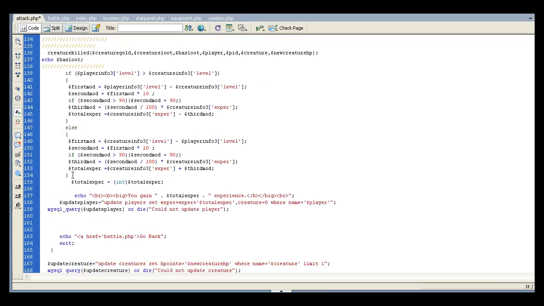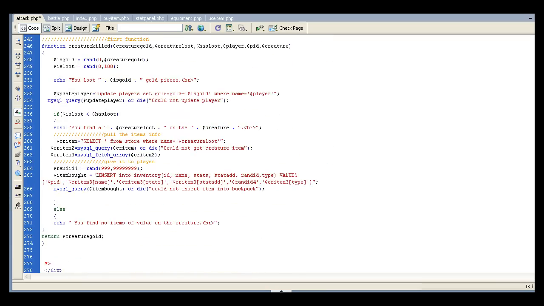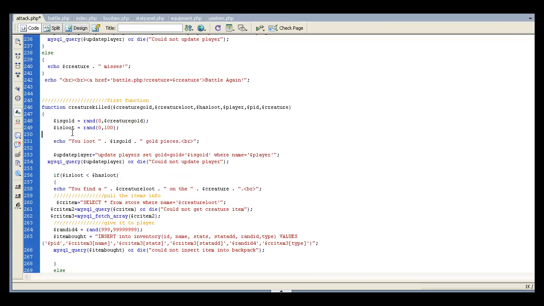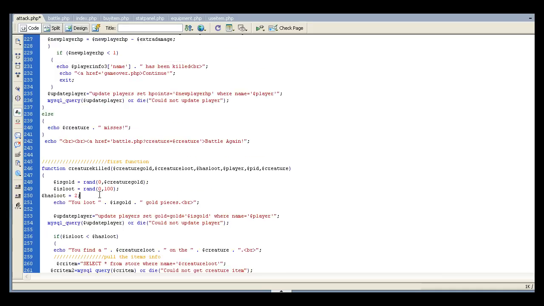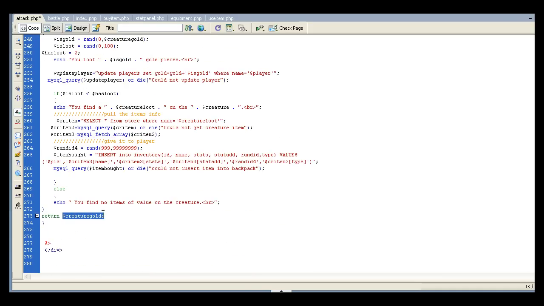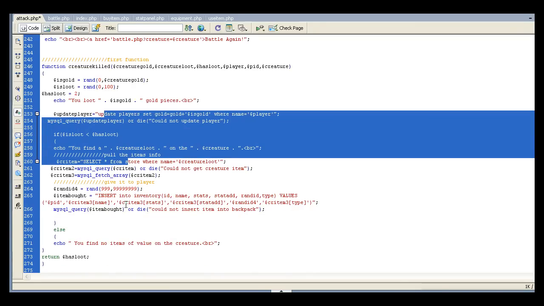Now let's say inside this function you change has loot equals to 2. Since we're not returning the has loot, it's still going to remain 1. Only when you come down here and change it to has loot, now it'll equal 2. The cool thing about that is that you can mess with these variables inside this function,